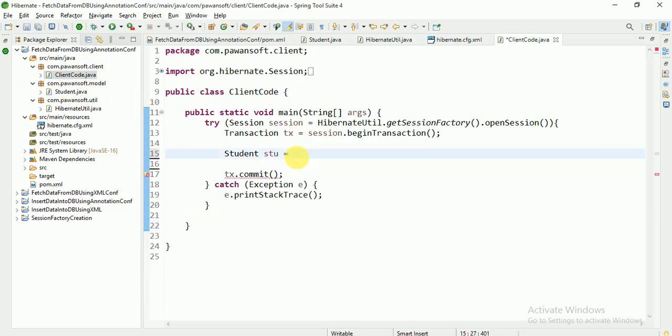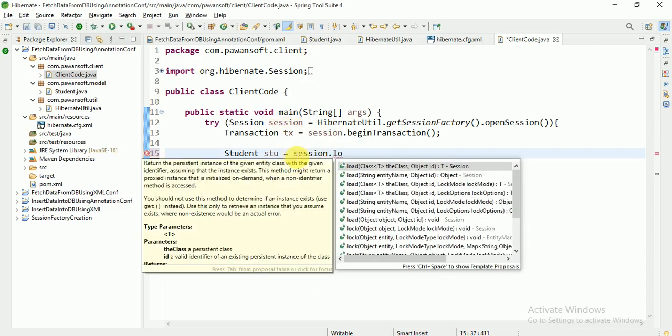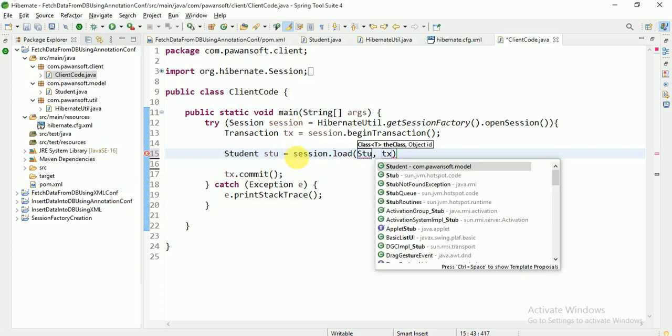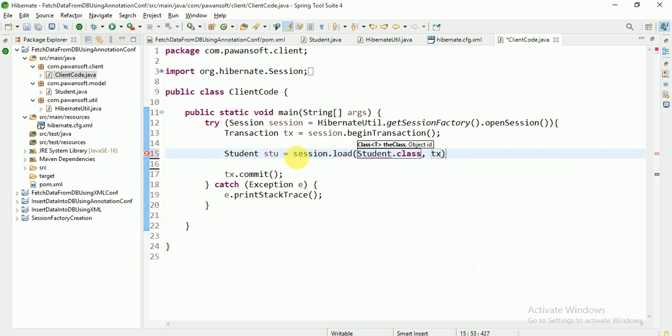To fetch the data, you have to call session.load, Student.class, and this is the ID I want to load.